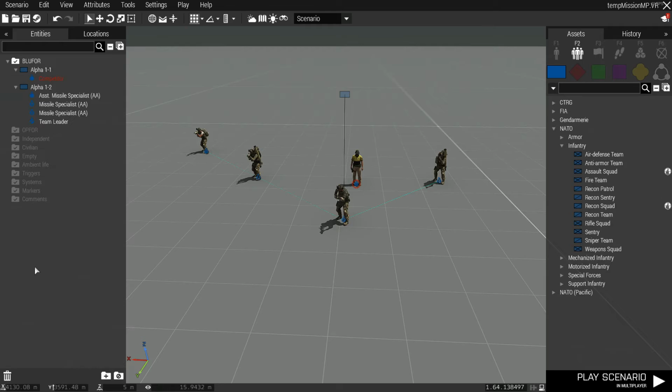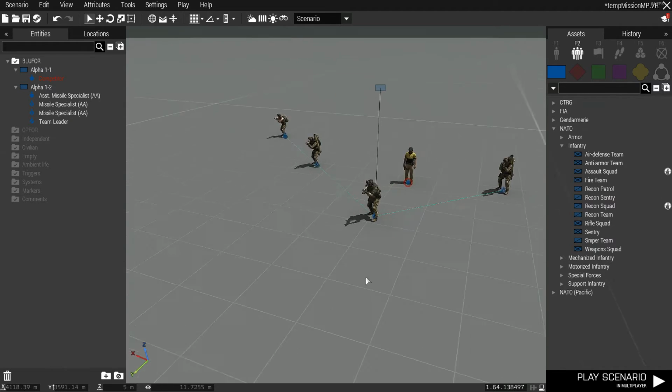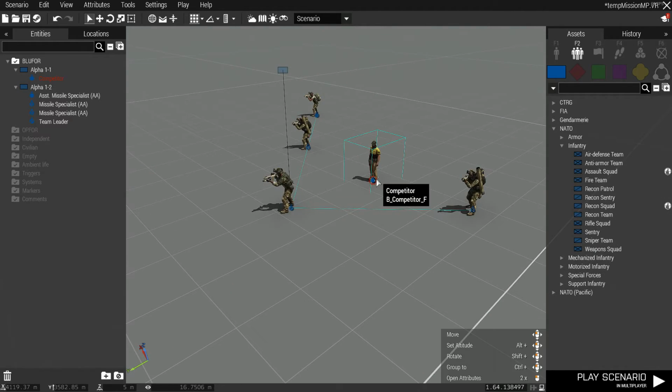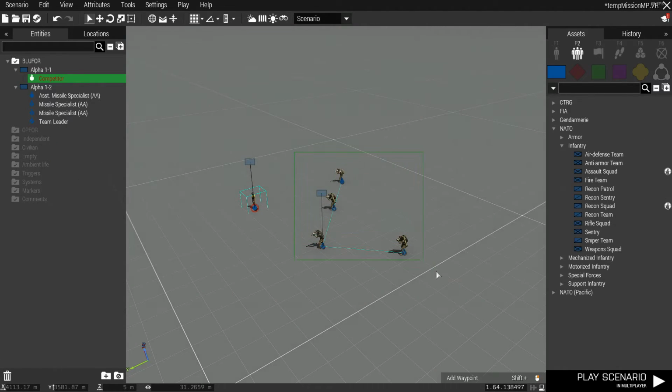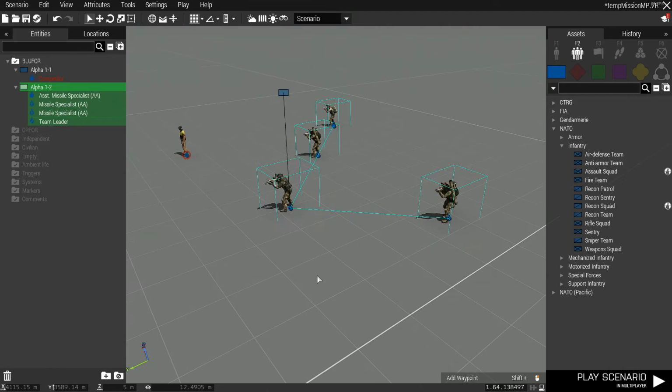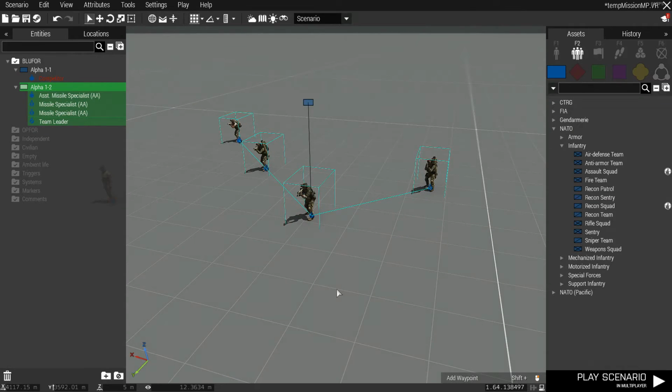I'll show you how to turn that off later as well. But now, let's move this guy over here because we can do this. You weren't able to do this before in the old 2D editor, and it makes me so fuzzy inside that we can do this. But if we select a bunch of units, we can right-click